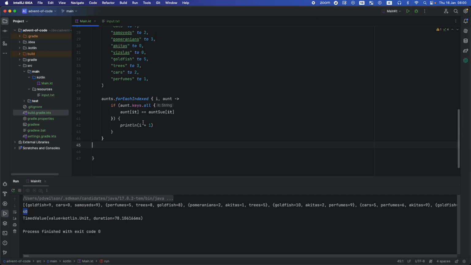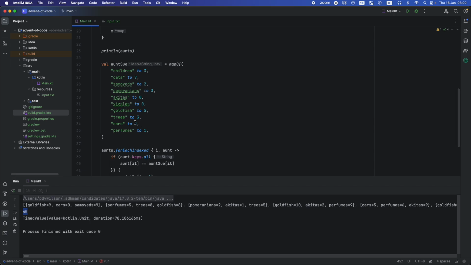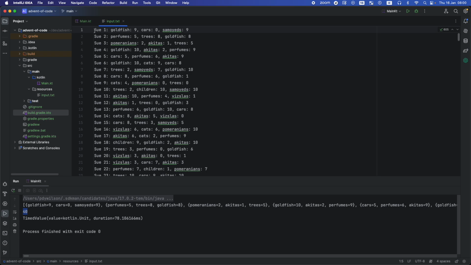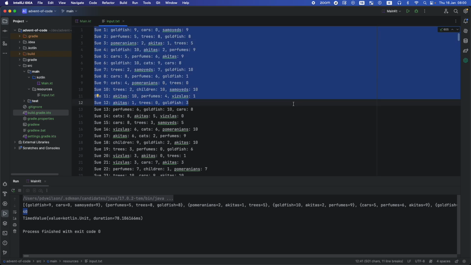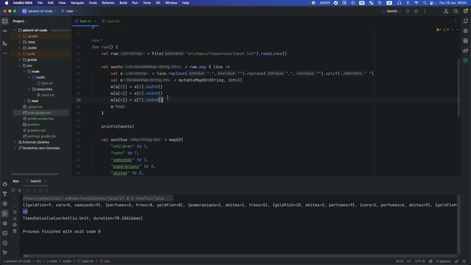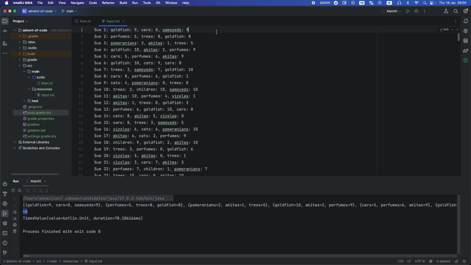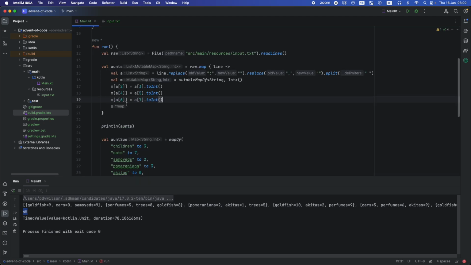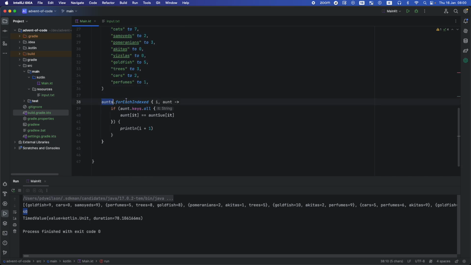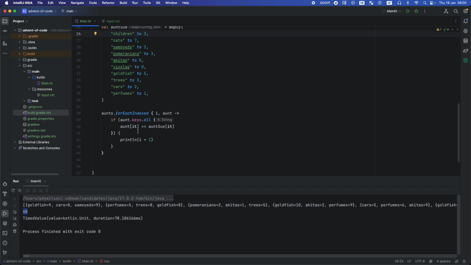I muted myself for a while. So let's explain again. Basically, we parsed each line, and we were lucky that each line has 3 things, because I only passed 3. So each Sue has 3 properties, and then Aunt Sue has all of them, and then we go through all of the aunts, check if all of the 3 properties that they have match with the property values of Aunt Sue. Then we print the number, and we get 40, which is the one that matches